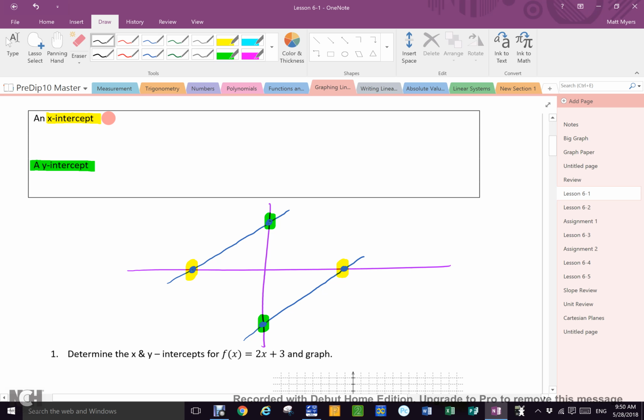Now, let's start with that very definition. An x-intercept is any time a graphed line, now, please notice I did not say straight line, anytime a graphed line crosses the x-axis, which automatically means what is the y-intercept? A graphed line